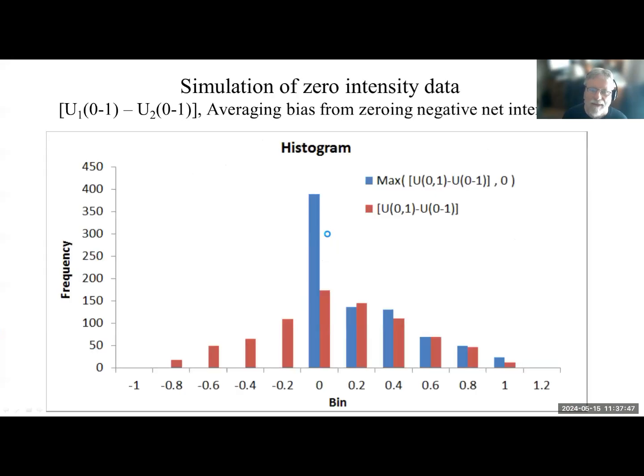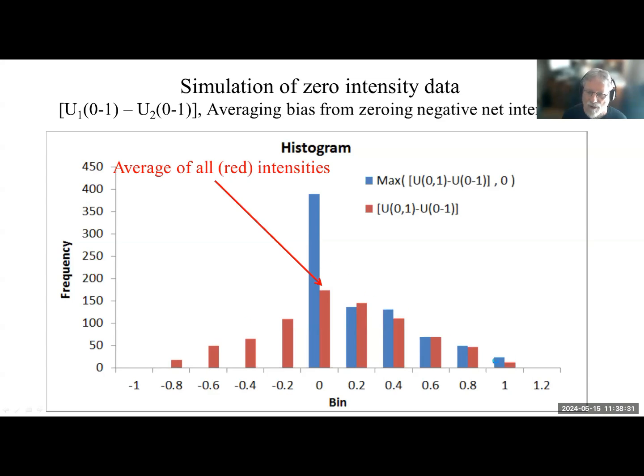Hope everyone's enjoying it. Okay, here's a small problem, and I wasn't going to bring this up, but somebody pointed it out to me, and this is something I've talked about myself: some software wants to zero out negative intensities from your analyses. When you do the net intensity calculation, if you get a negative number, you shouldn't do that. Don't do that. Because if you try to take the average of a truncated distribution, you're going to get an offset. And so these red intensities here are the normal. If you're trying to measure zero, for example, this is a simulation,